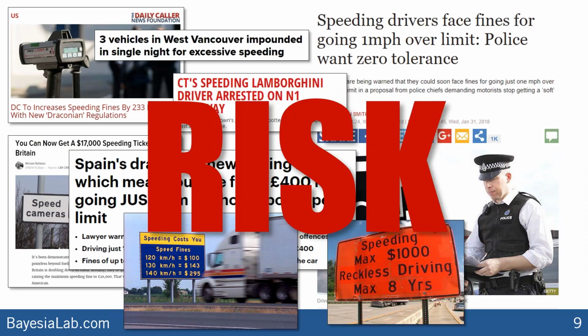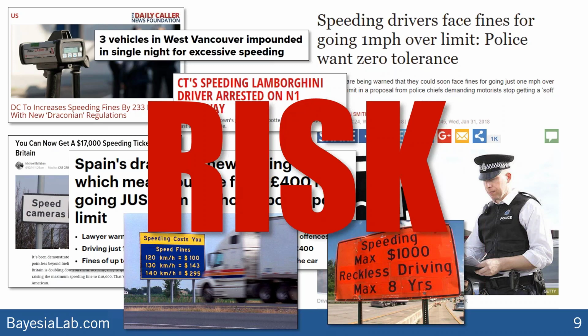And operating as such at the limit, you're really exposed to quite a bit of risk, because depending on what jurisdiction you're in, there may be some draconian penalties for going over the speed limit. Not everything is draconian. Perhaps you'll just get a small fine, all the way through having your car confiscated, or being arrested for reckless driving. The fines out there are really across a very wide spectrum.